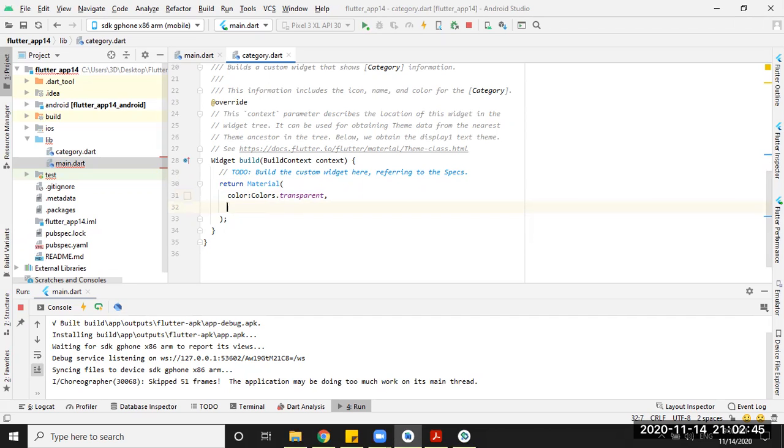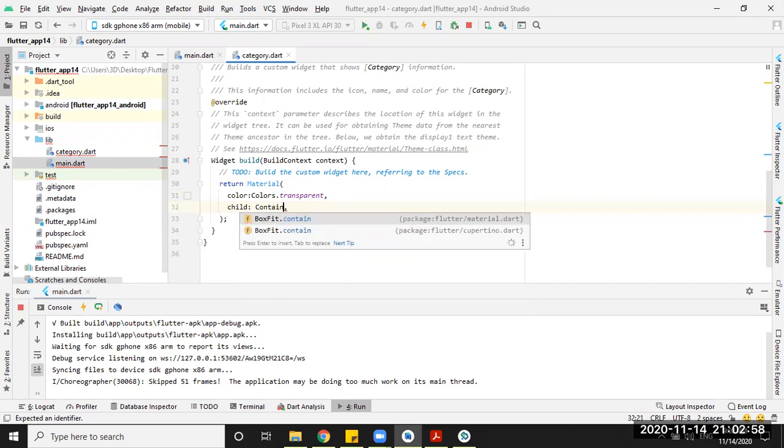After that, we have the child inside the material. We have only one child. The child was, as you might remember, a container. So we have container. Okay, then inside